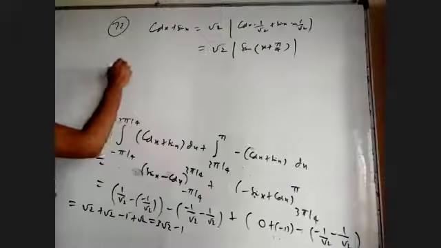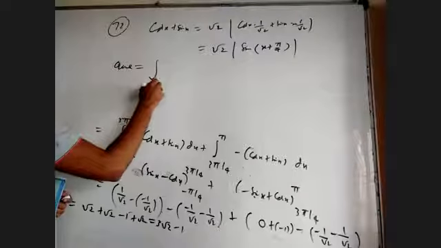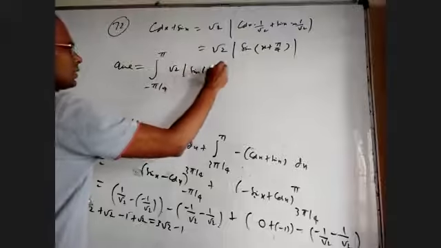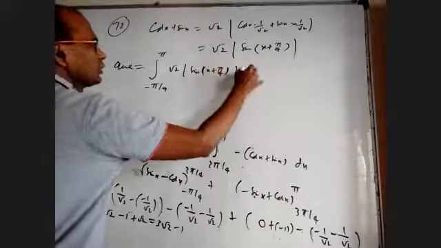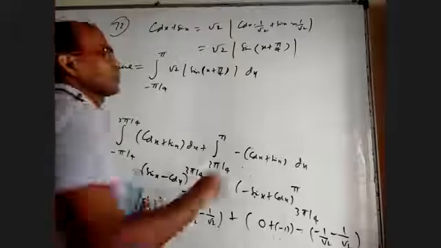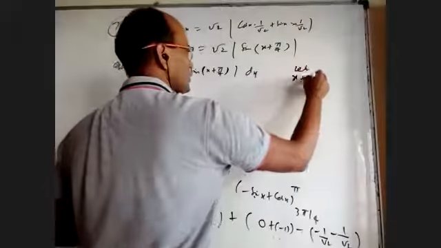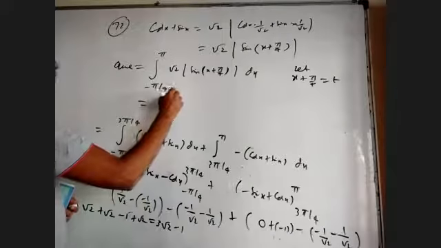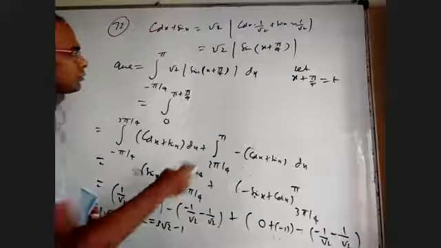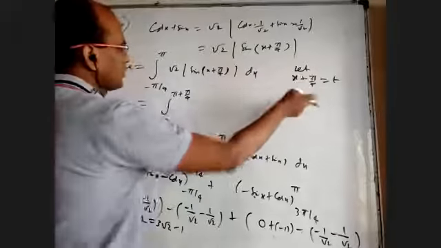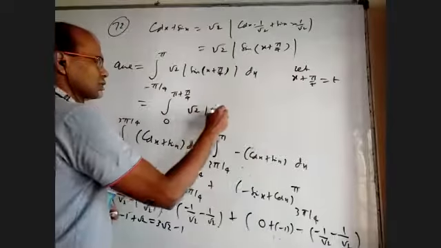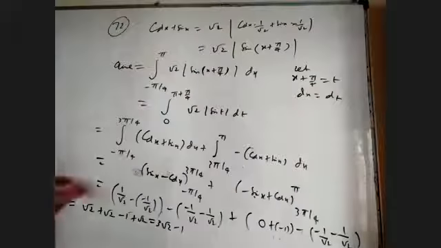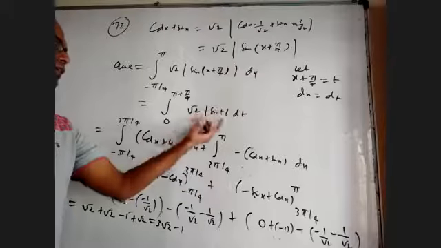So the given question is now the integral from minus pi by 4 to pi of root 2 mod sin of x plus pi by 4. I want to take x plus pi by 4 as t. Let x plus pi by 4 be t. Then what will happen to the limits? The limit is 0 here. The limit is pi plus pi by 4 here, because when x is minus pi by 4, t is 0. When x is pi, t is pi plus pi by 4. The integral is root 2 mod sin t dt. dx is dt only after all. Now we can easily see mod sin t is positive up to pi and after pi it is negative. So I have to break the integral at pi.